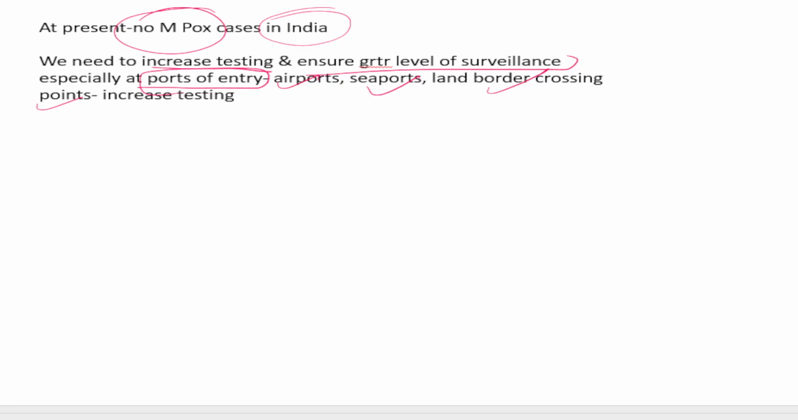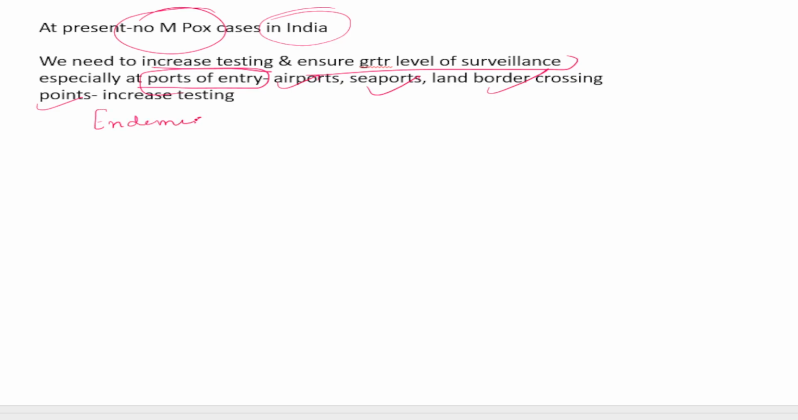Now we just studied that monkeypox is a public health emergency of international concern, and in order to prevent it from becoming a pandemic, a lot of steps need to be taken. Now we will go briefly into the concept of endemic, epidemic, and pandemic. So what is